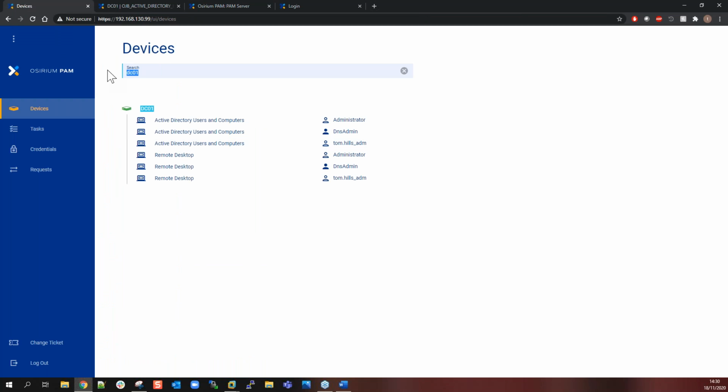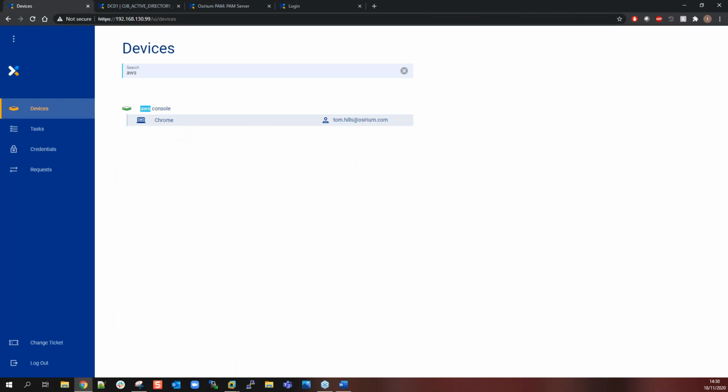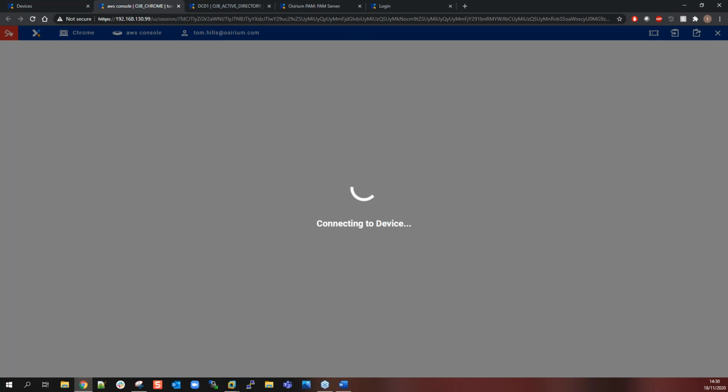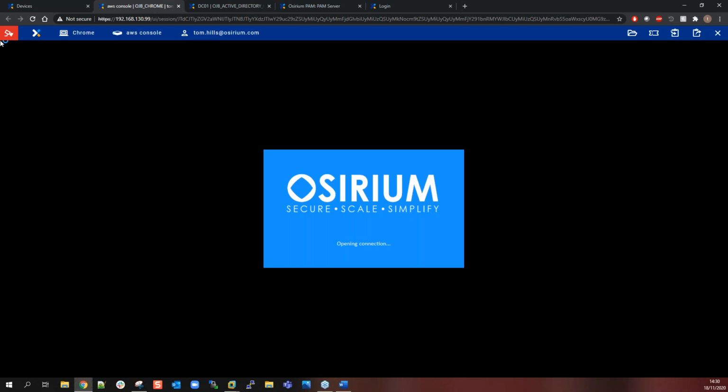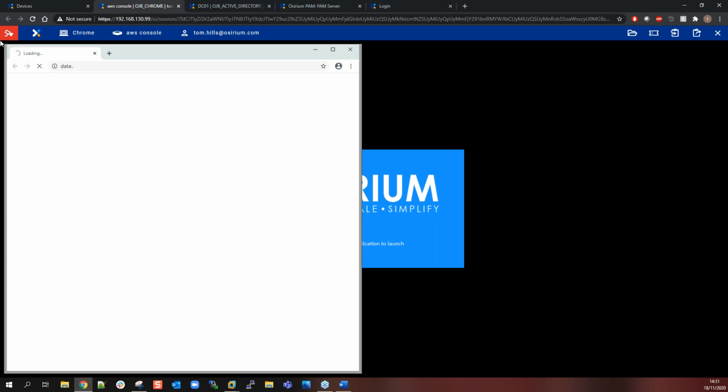Notably, we may take a look at a web-based session. So if we open up a Chrome-based connection to the AWS console, a unique feature that Assyrium has is the ability to enable you to actually configure custom connections to web portals. So what you would do is select in Assyrium where the ports, or in fact the paths, are on the website, and then once we actually detect that path being displayed by the website, we will actually send in the